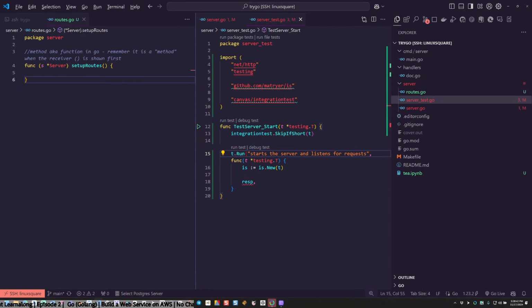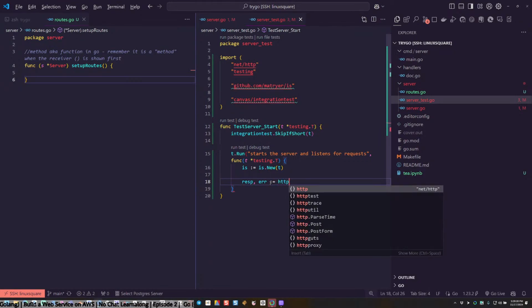T.Run. And the second argument is the func testing, which is, okay, yeah, okay. So this whole function is the second argument.